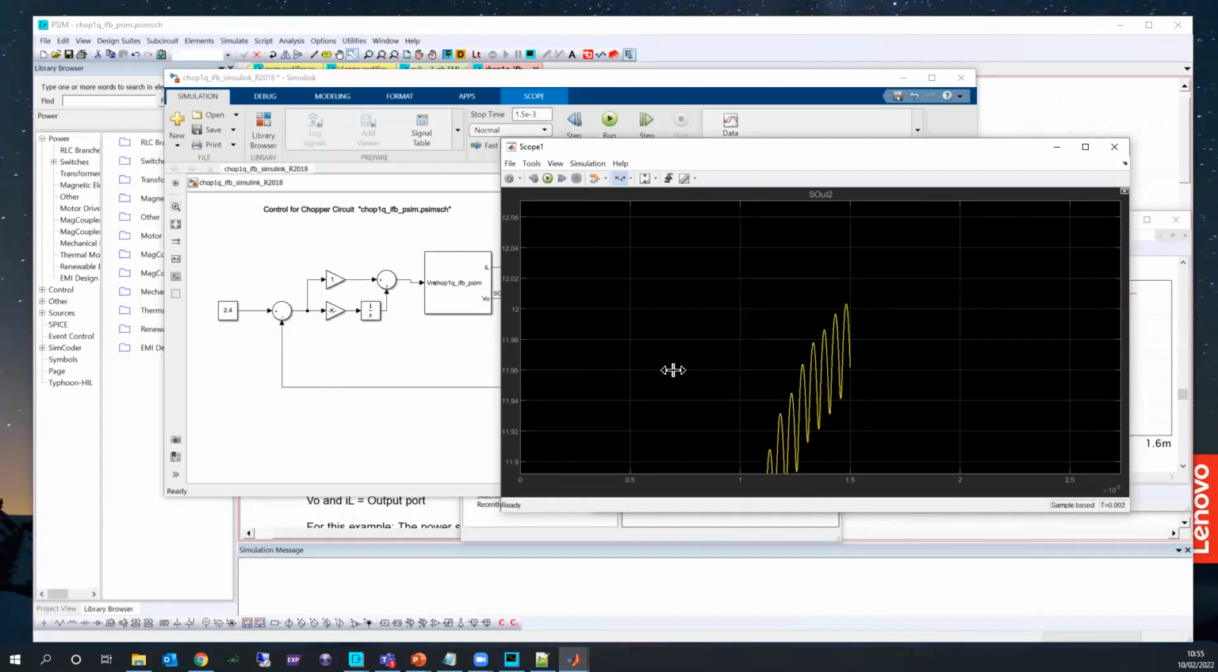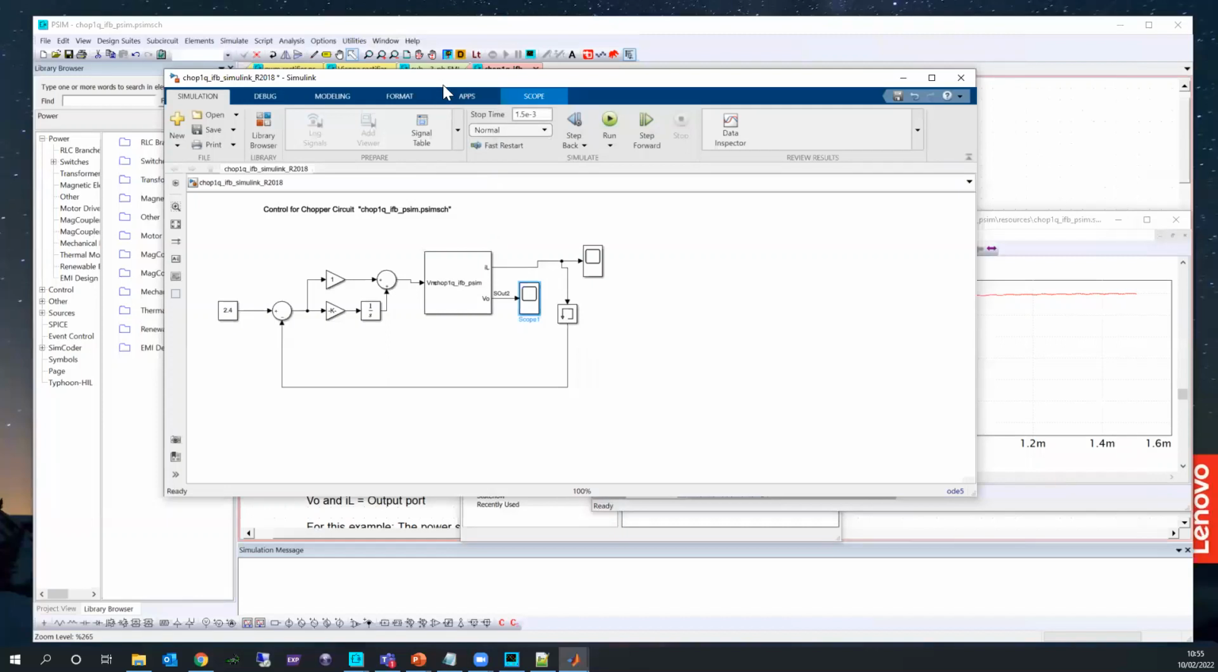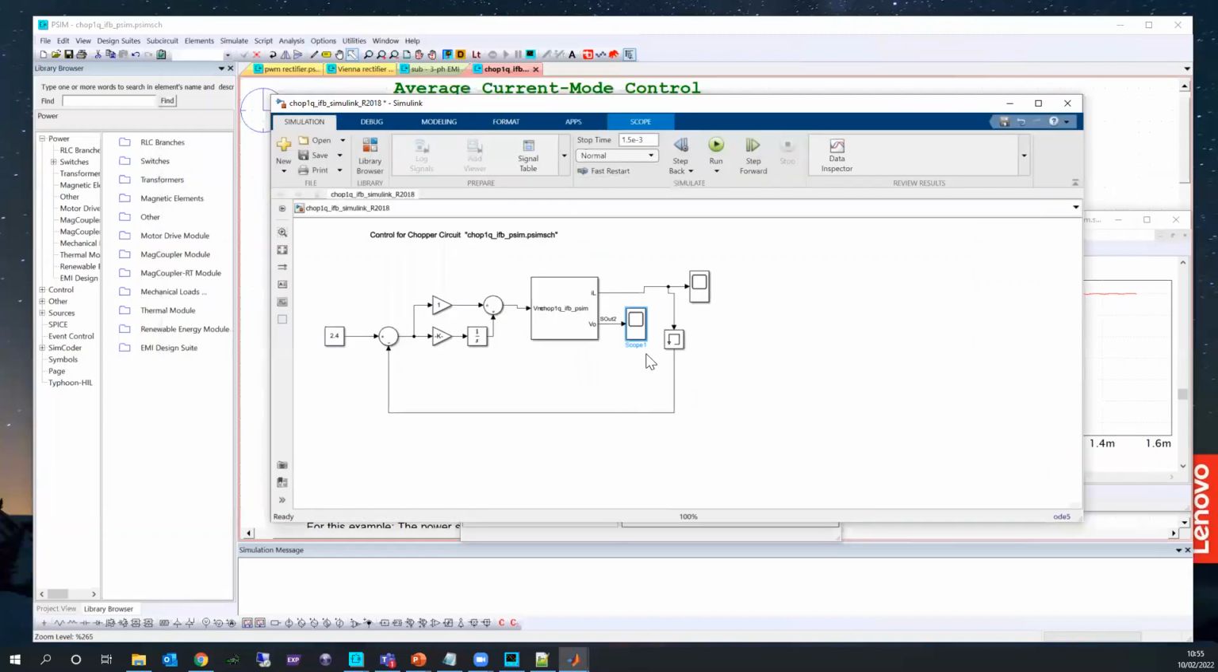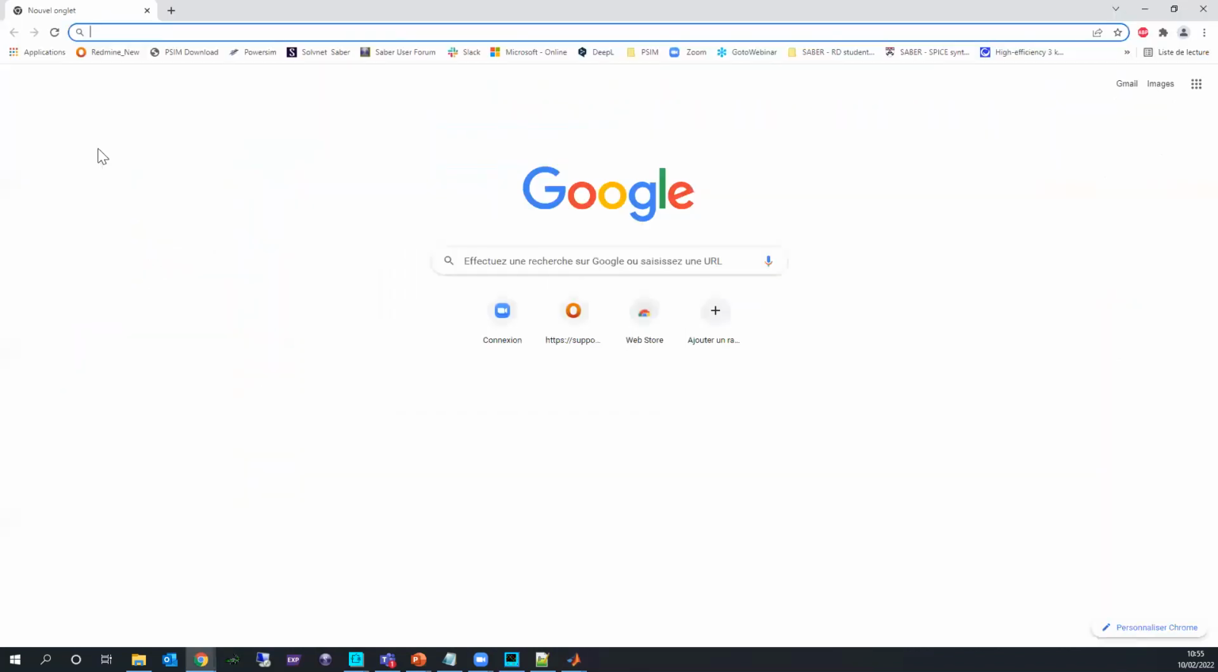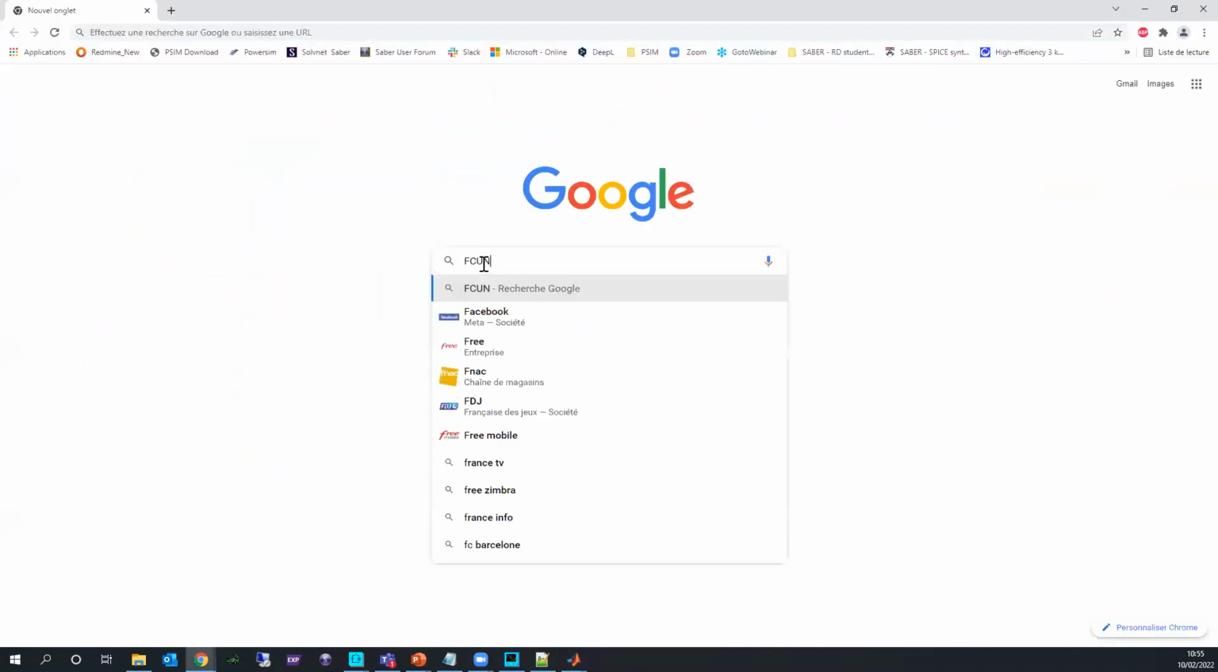So directly you can see it is 12 volt as well. Now with PSIM, you can use PSIM and any other software, not only Simulink. Simulink is just an example today, but if you have any other software compatible with FMI, you can directly have access. So if you want to check, you have to type